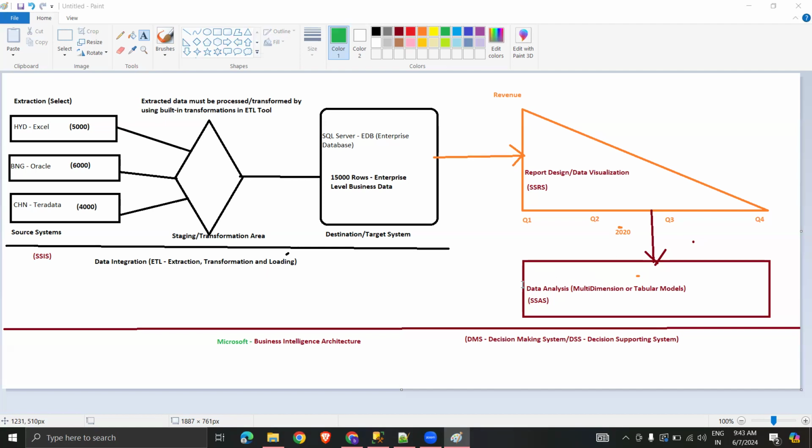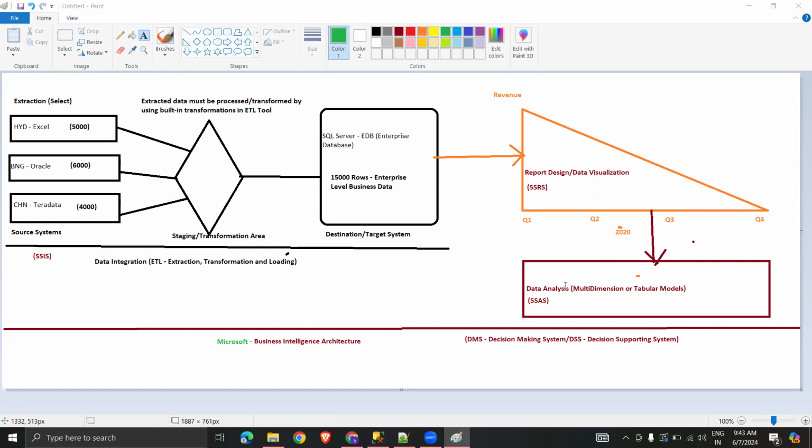Actually, you don't require to spend too much time on these things, because Power BI gives the capabilities of both data visualization and data analytics as well. That's the reason people are not so interested to concentrate on data analysis by using multi-dimensional tabular models. And moreover, Power BI is built on top of the tabular model. That's the reason the tabular model and Power BI use a common language called DAX, data analysis expressions. Over to you, Venu. Are you clear?